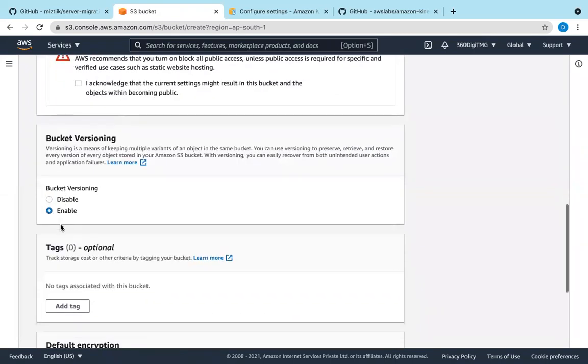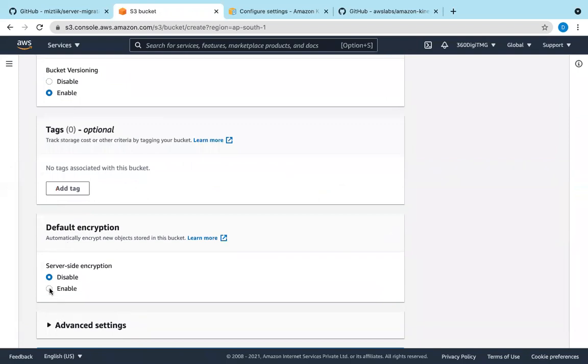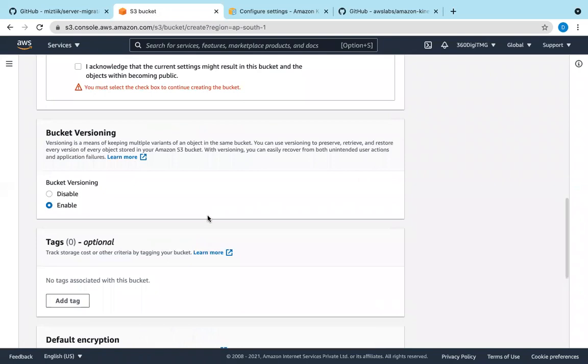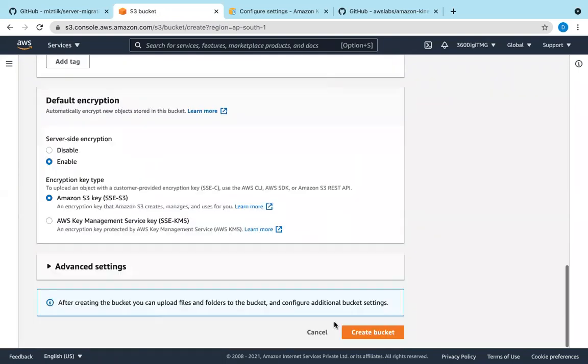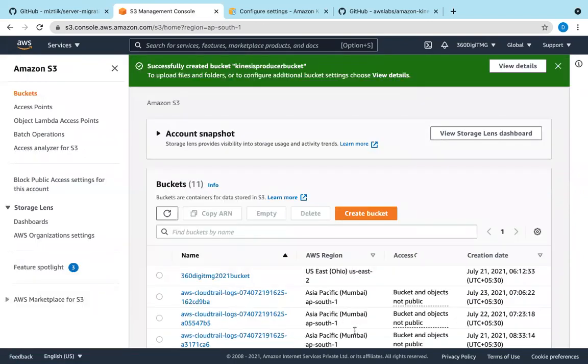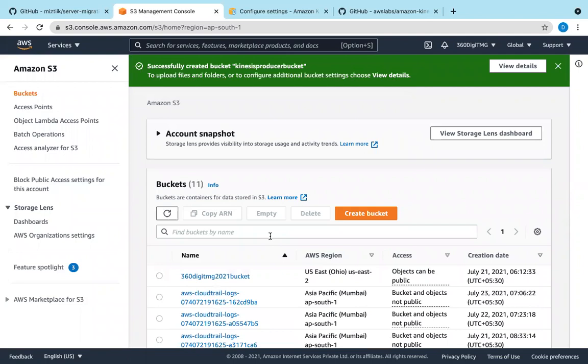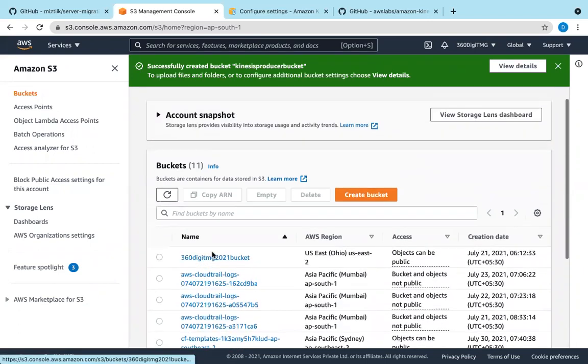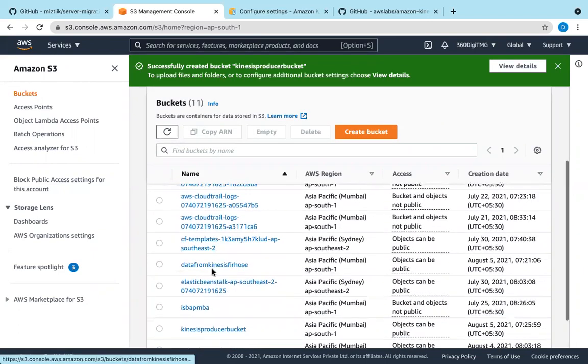And enable bucket versioning, and also we will enable encryption. Okay, we'll go here, Kinesis producer bucket, and then one more bucket, data from Kinesis Firehose, data producer bucket.